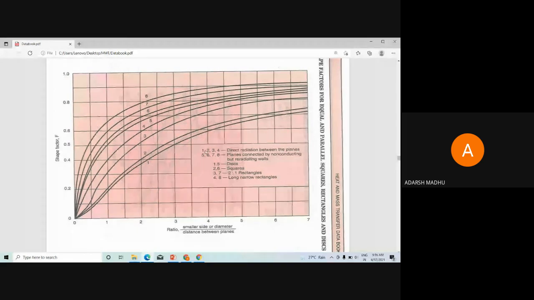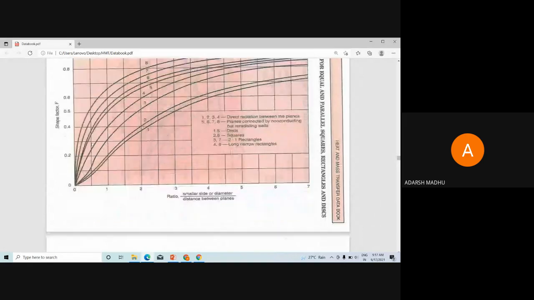Curves 1, 2, 3, 4 are for direct radiation between the planes. For direct radiation between the planes we can use the particular figure, and 1 to 5 we can use for the disc. We intersect the value with the curve, and on the left side we will get the shape factor F. We are not using this figure, that is why I am not focusing much on it. And our next figure is